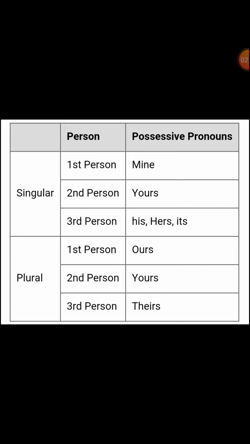In singular, which means we are talking about only one person, and in plural, which means more than one person. You have to keep this thing in your mind, both the things about the singular person, first, second and third person, and also about the possessive pronouns. Okay, in plural, first person, which means we, hum. We is also first person and it is plural.